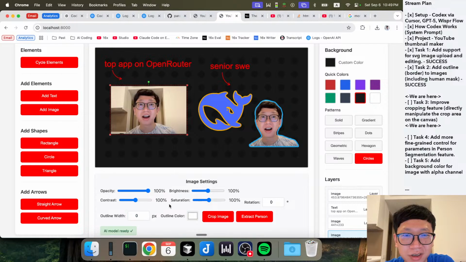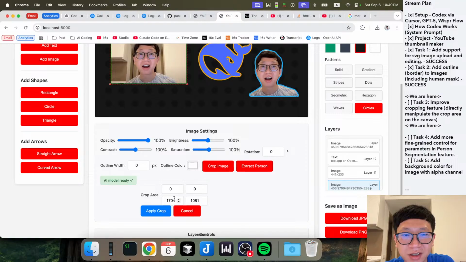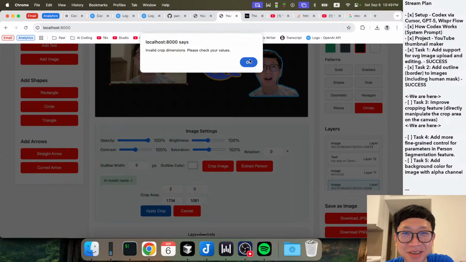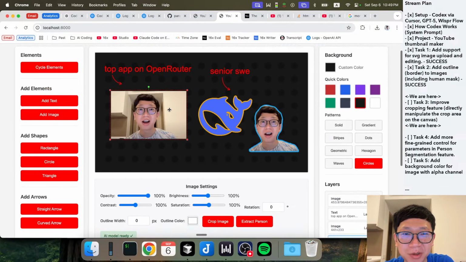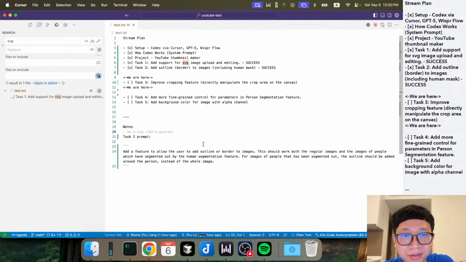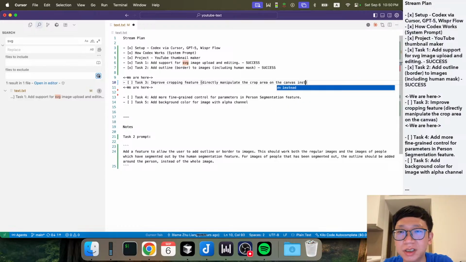let me remove the outline first. If we crop this photo, we actually need to enter these numbers to crop it, which is not very intuitive. So we want to make it more intuitive to crop a photo. Yeah, that's the plan. Instead of editing numbers inside input,